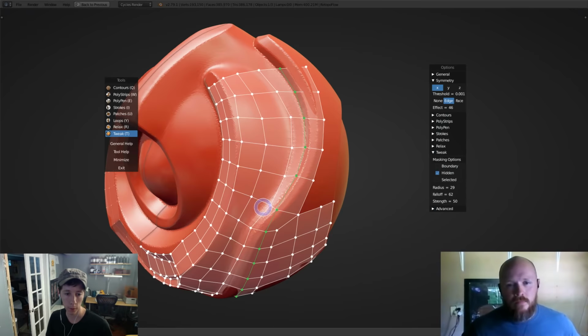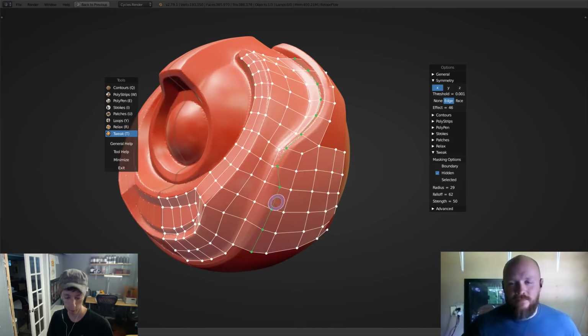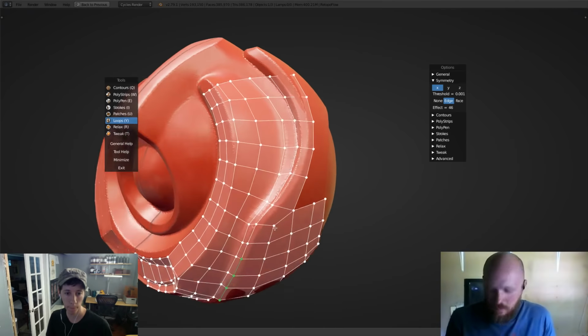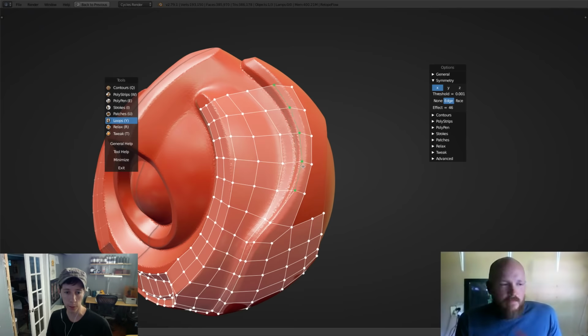I can get one nice line going all the way down, maybe down to there. And then if I switch back to loops, I can right click and drag, select these ones, hit S to slide them, slide that right up, and take these. And the other thing that you'll notice as I'm sliding these, it's not quite as obvious on a model like